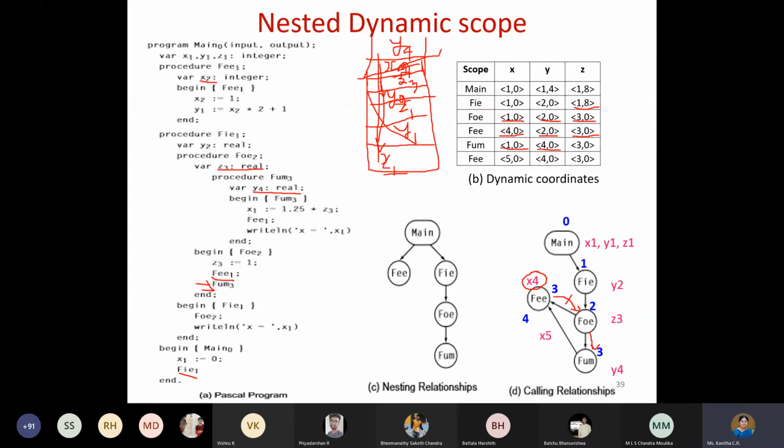So X1 is the scope, and only for Y we have changed, which becomes Y4, and 0 is the offset. And what about Z? Did we do anything for Z? No, it has to use the previous scope. The immediate previous is what? If you start searching in the stack from the top, it will encounter Z3. So here it is going to use Z3. This is a very important point: it is not X4 now, it is X1, because it has returned from the function. Now once you finish this FUM function, it ends there. That is the FUM body also.